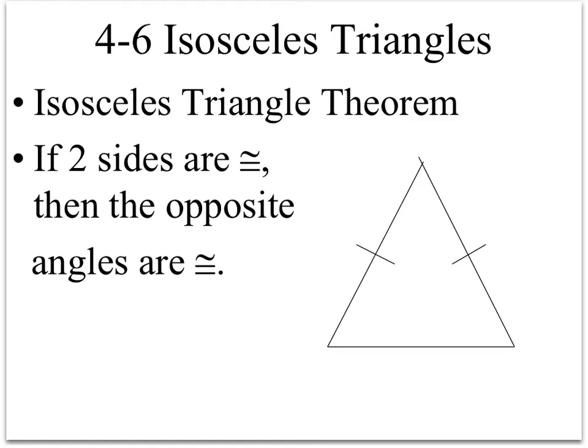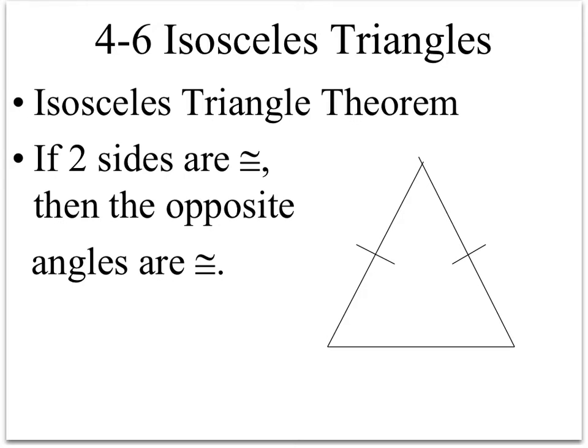The last section in chapter 4 is about isosceles triangles, and we basically already know everything in here, so it's mostly review. When we first learned about isosceles triangles, we know that an isosceles triangle has two congruent sides, and then we also talked about the base angles being congruent, and the base angles are always opposite the congruent sides of the